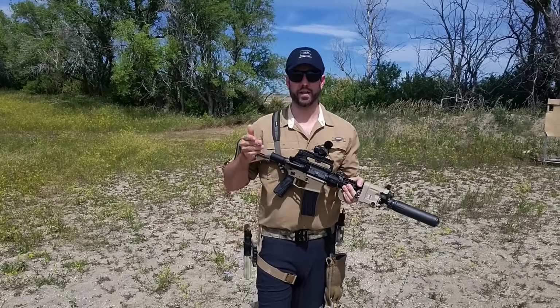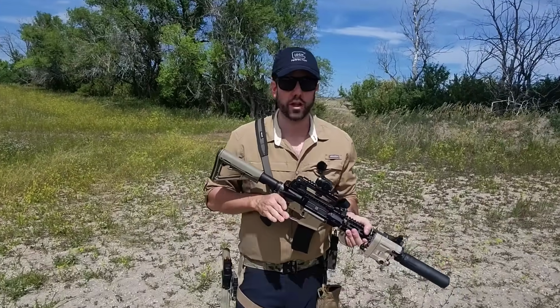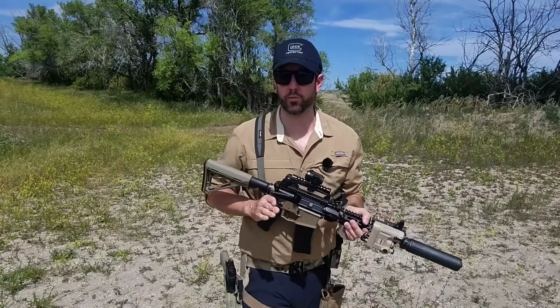You could use it on anything like a 45 ACP. You could use it on something like a 9mm. So if you have an MP5 or something like that, you could use it on your pistols, and then you can also use it, in many cases, for your 300 blackout subsonics. And so now you have a suppressor that's specifically designed for those more inherently naturally subsonic cartridges, but with a